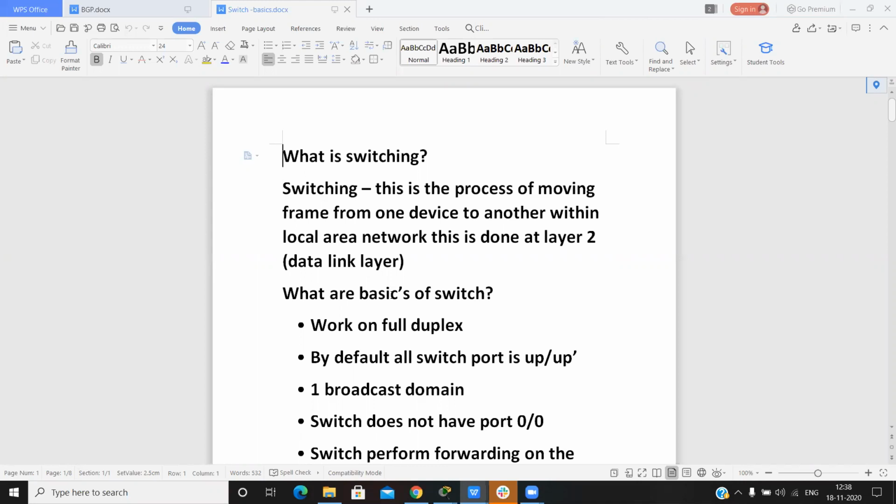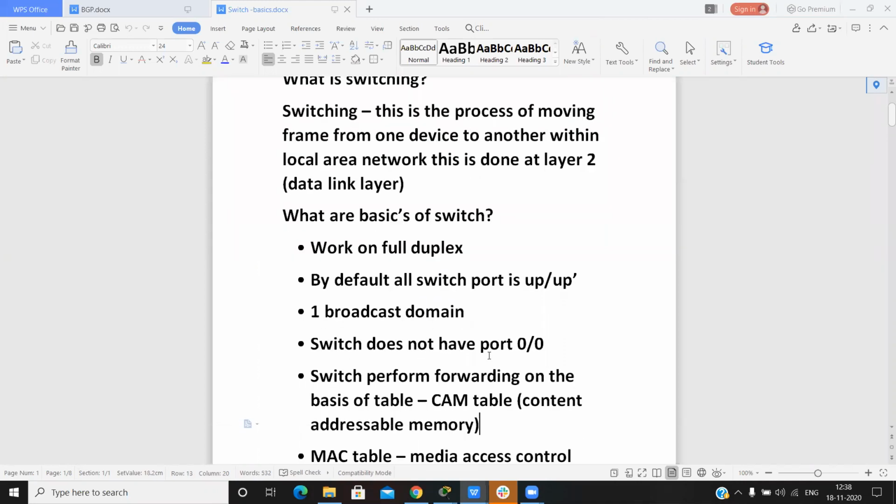Basically, a switch works on full duplex, meaning communication from both sides and data travels both sides at a time. By default, all the ports of a switch are up and up, but in a router, by default, all the ports are down.